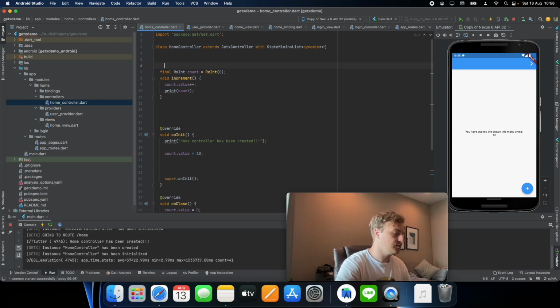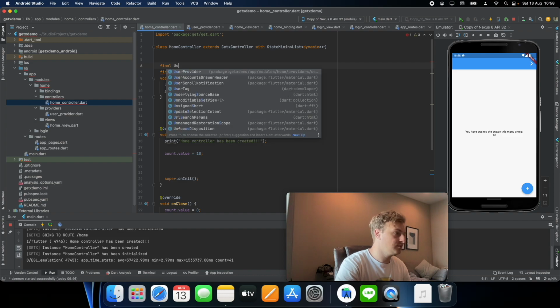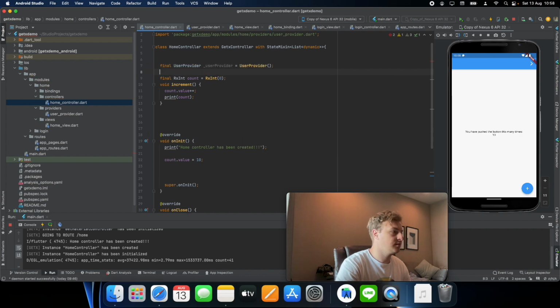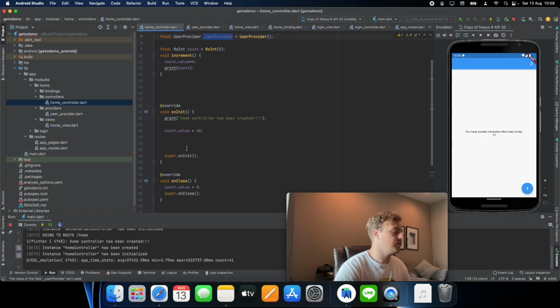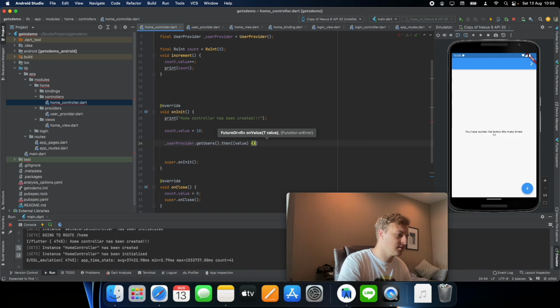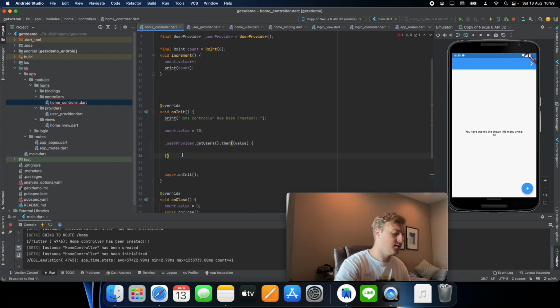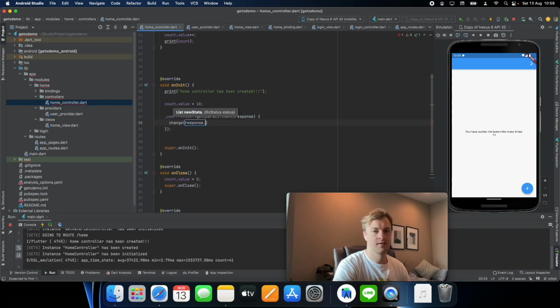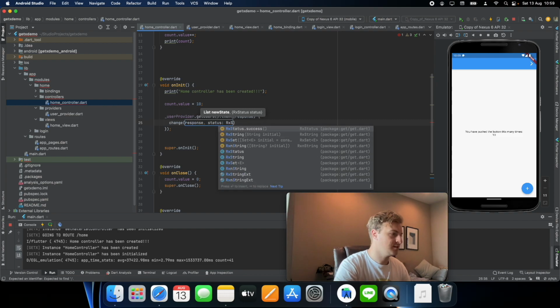So first we want to actually create the provider. So we say final userProvider equals UserProvider. And then what you can do is call userProvider.getUsers, and then we call this change method, and we're going to set the status to RxStatus.success,